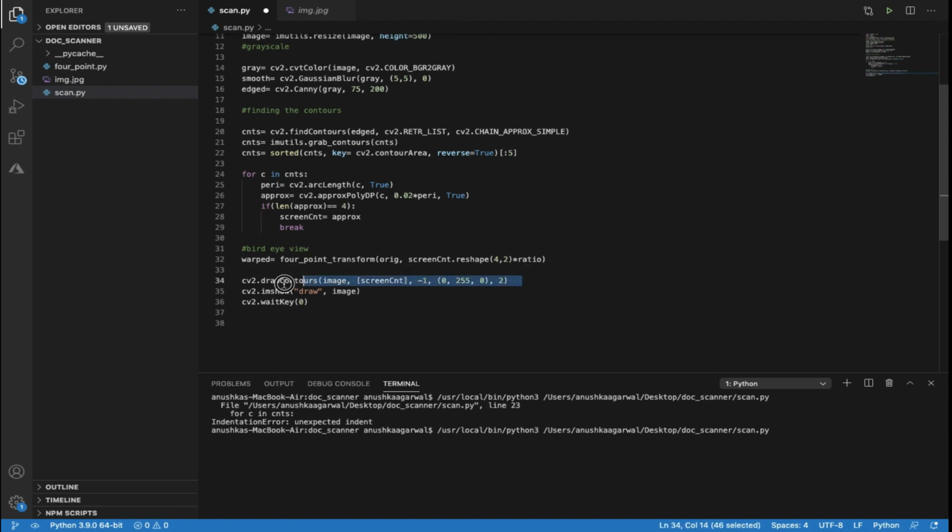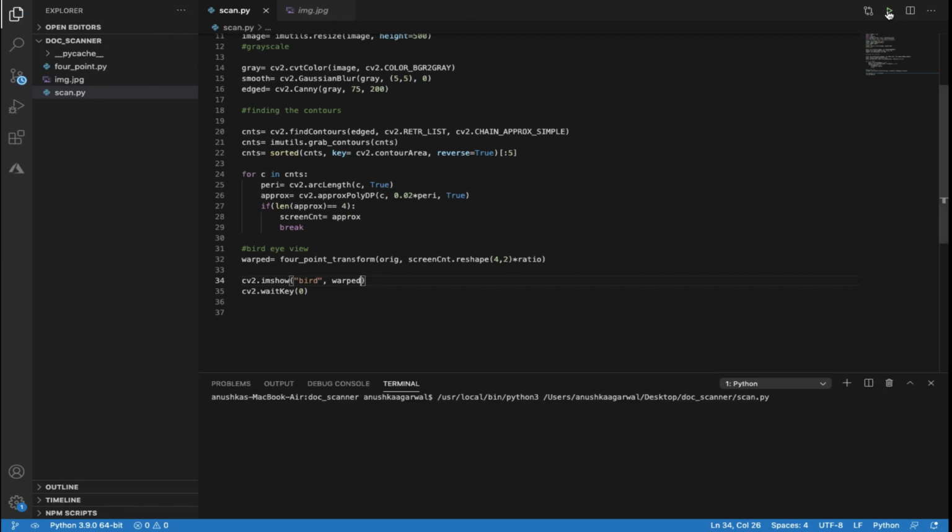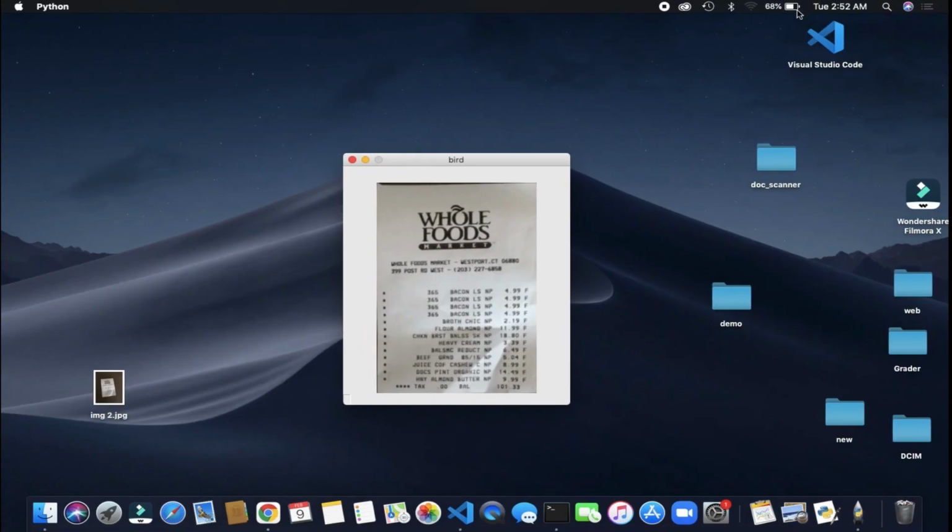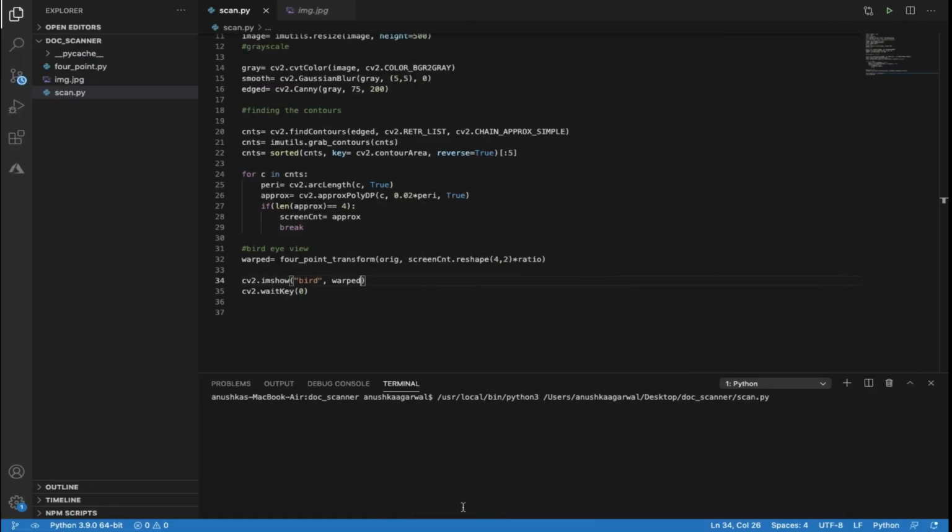So yeah, let me just remove this draw contour method, and rather than draw, let me pass bird, as in bird eye view, and rather than image, let me pass in warped. And yeah, let's see if this works. We are all the way here, and there you go, we have successfully gotten rid of all the impurities, everything which was not needed, all the irrelevant things out of this particular image, and we have almost completed building our